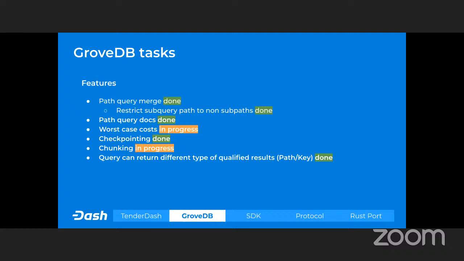Next is chunking. Chunking is a process of splitting GroveDB into pieces suitable to be sent over the network and taken from many other peers, and eventually to build a local copy of GroveDB, also verifying the pieces on the fly so no gigabytes of malicious data will be sent. The checkpointed state is what we're trying to replicate with chunks. We did both these features: one is done and one is in progress. And on that note, I'm passing my mic to Sam.